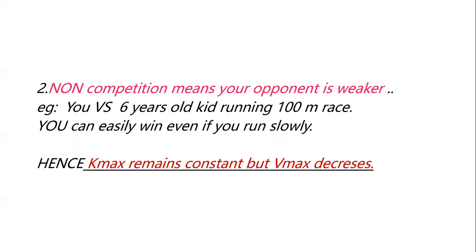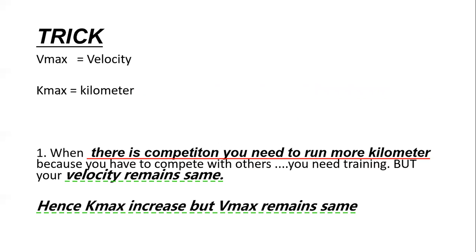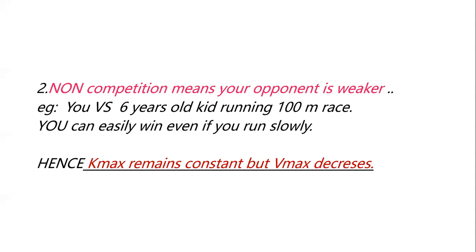So it is a 100-meter race, which shows the distance is constant, so Km remains constant, but even if I run slowly I'm going to win, so Vmax decreases, right? So this is the second one. First is when there is competition, you have to run more kilometers, but your speed remains the same. Second one is when the opponent is a bit weaker and you have to win a 100-meter race. This is the example which we'll remember in the exam. So Km remains constant because it's a 100-meter race, but Vmax decreases because even if I run slowly I'm going to win. Now see the third one,